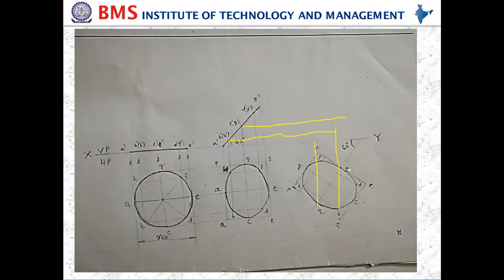and then from the top view I'm going to get like this. So both will intersect at this point, and only up to that point you need to draw projection. Similarly, from the D point draw a vertical projection like this. From D dash draw a horizontal projection like this, and both intersect at this point.